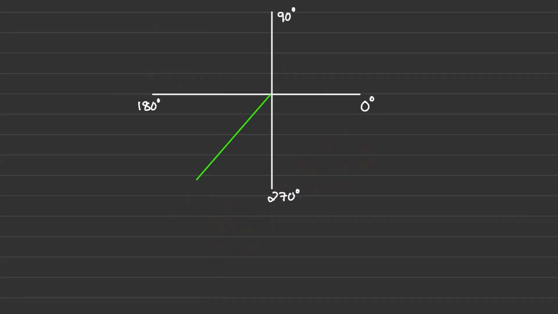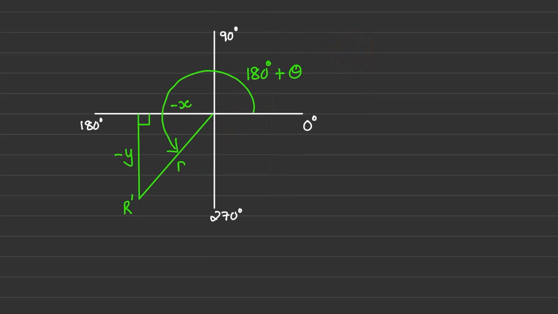So let us study our diagram. Here we have an angle that went past 180 degrees. So it went all the way towards 180 degrees, and then we added a little bit more. So this full angle size is 180 degrees plus theta, where theta represents whatever we added to 180 degrees to complete our angle. So if we use the line that represents the angle as a radius and complete a right-angled